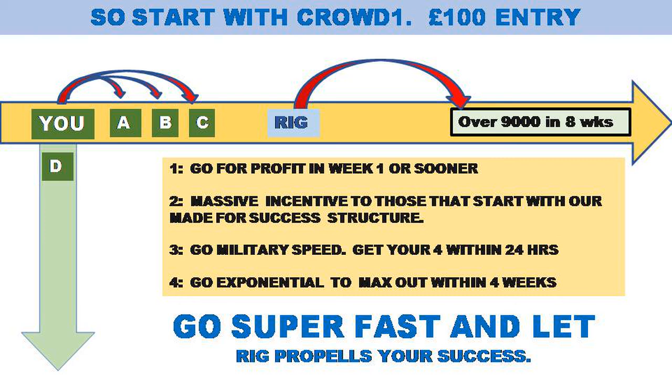So now it's decision time. We've shown you how Rig operates. We've shown you how applying it to Crowd1, you can max out in, say, about 5 weeks. Now, can everybody max out? Yes, everybody can max out. Will everybody max out? No, not everybody will max out because some won't do what's necessary. The reality is Rig will do 99% of the work, but that still leaves 1% for you to do. So are you prepared to do the 1%? Once you've made a decision, if your decision is yes, then the next thing to do is go super fast. That's the best way to get there.